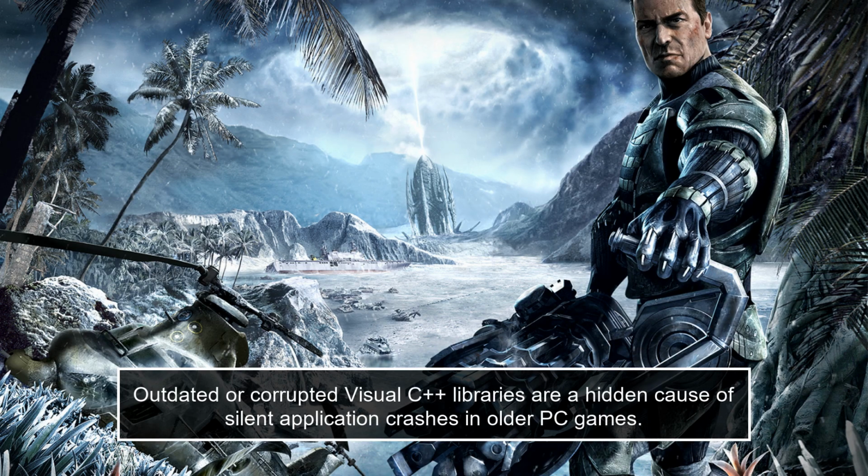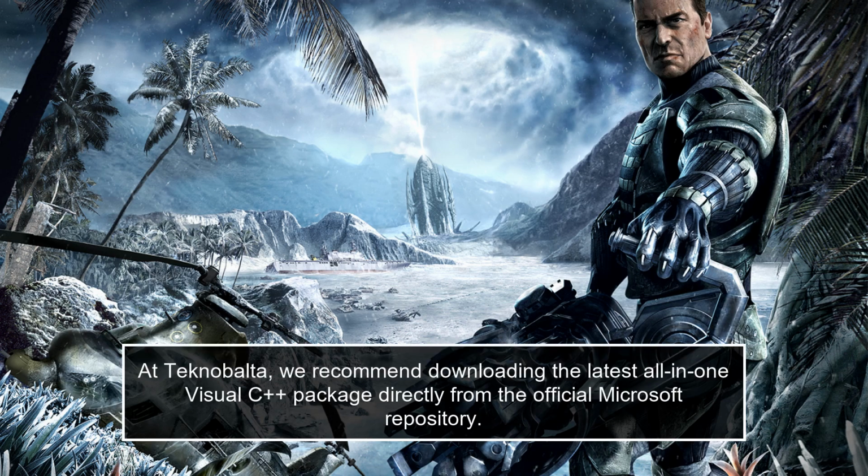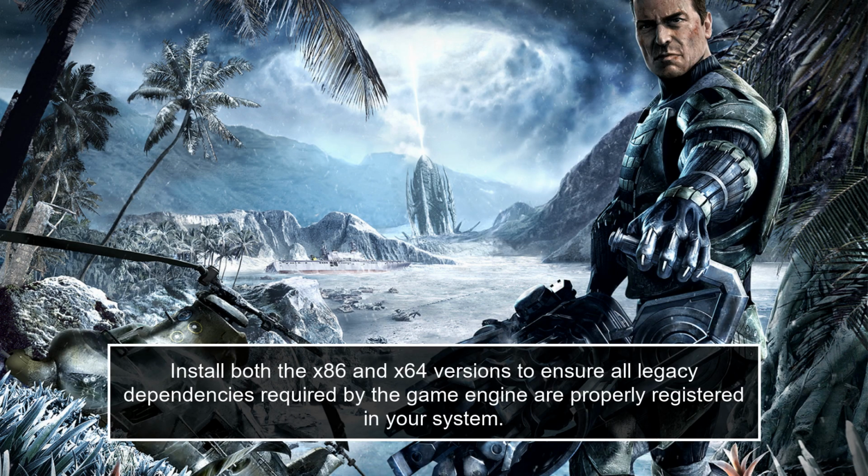Outdated or corrupted Visual C++ libraries are a hidden cause of silent application crashes in older PC games. At Teknobalta, we recommend downloading the latest all-in-one Visual C++ package directly from the official Microsoft repository. Install both the x86 and x64 versions to ensure all legacy dependencies required by the game engine are properly registered